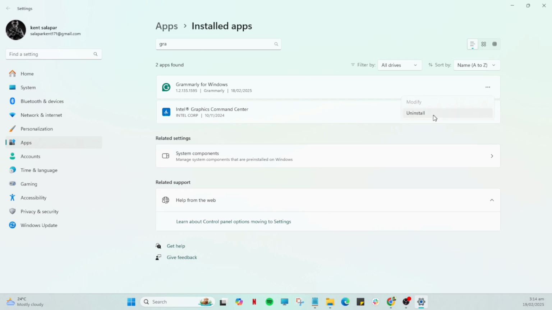Clicking on Uninstall will initiate the removal process, leading your system to prompt you with an additional confirmation step, ensuring that this is indeed the action you want to take. Confirm the uninstallation by following any additional prompts that might appear. This is simply to make sure you truly intend to remove Grammarly from your system. Once confirmed, the system will take a moment to uninstall the app,